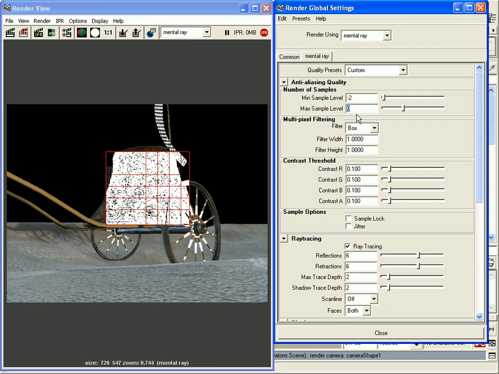And at that point, you might end up using a minimum sample that's a bit higher than 0, for example, a 1 or a 2. On the flip side to that, this is going to be a good set of default render settings. -2 and 0 will deliver a nice default image that you can work with and tune